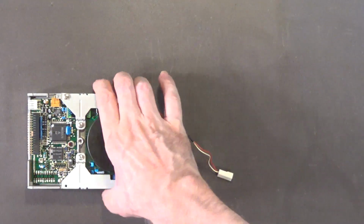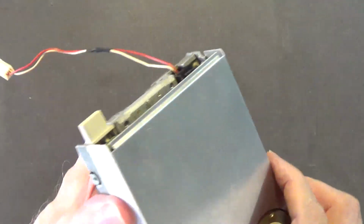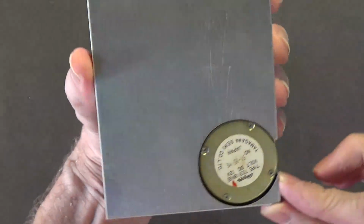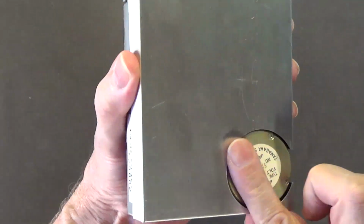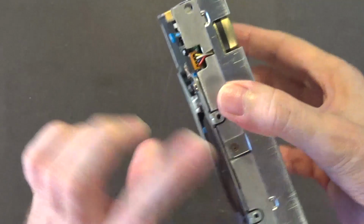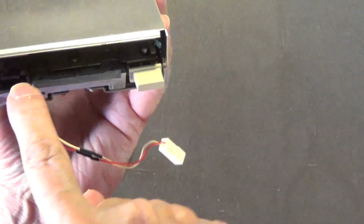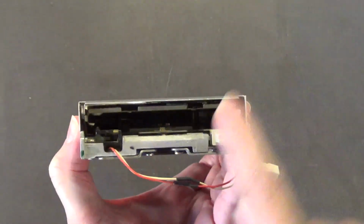Alright, so here is the actual drive itself. As you can see, it's a really nice drive. This can be cleaned with WD-40, but don't get carried away with it, because you don't want to get any kind of oils or anything inside this magnet or inside that cover. Something that's going to attract dust,